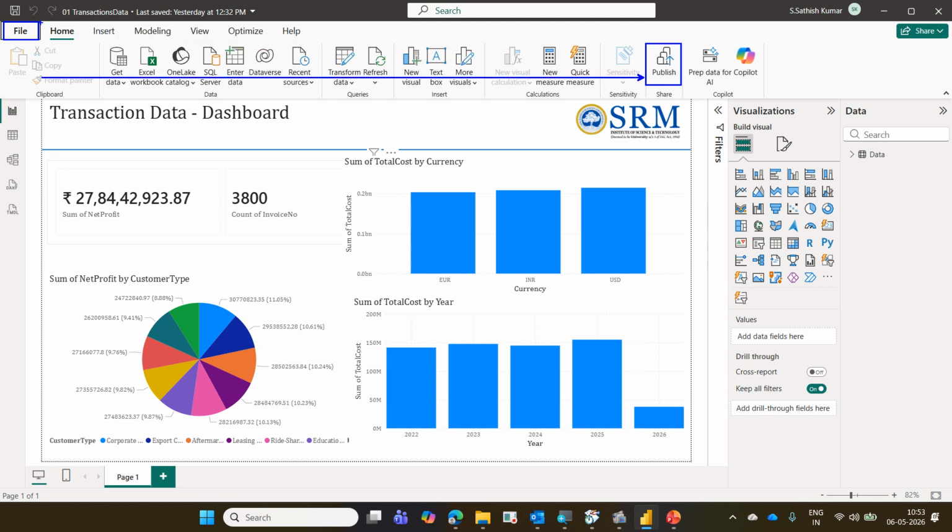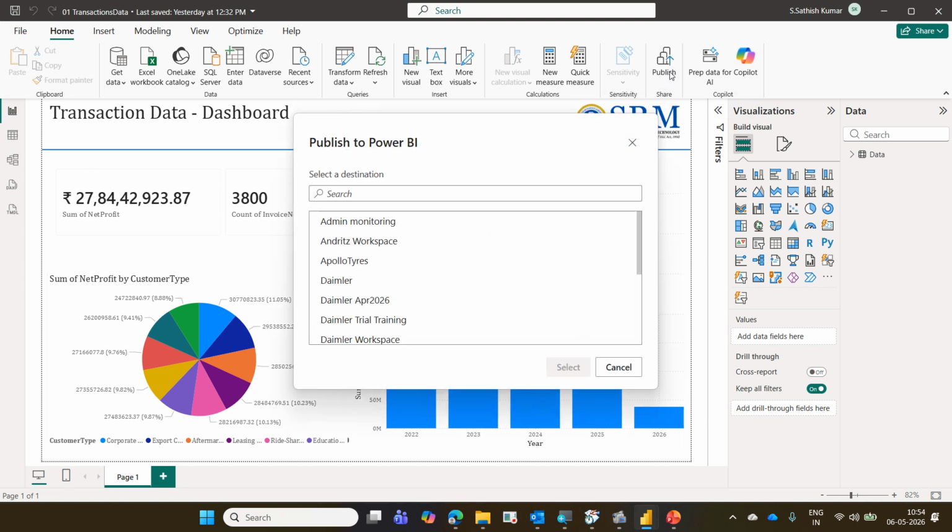It will launch from Power BI Desktop to Power BI services. Very good. Now we are sending our report to Power BI services online. So let me click on Publish. If you have saved it or not saved it, it will ask you to save it. If you already saved, fine. If you have not saved it, save it again.